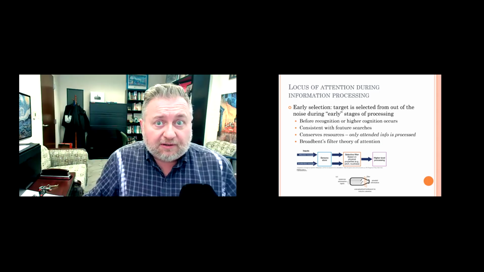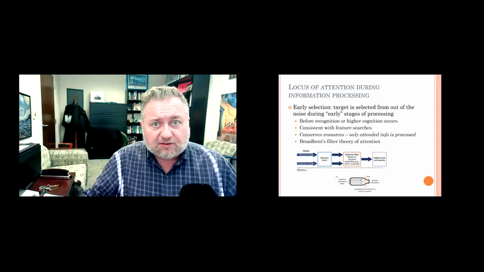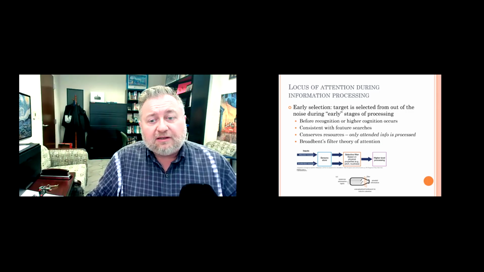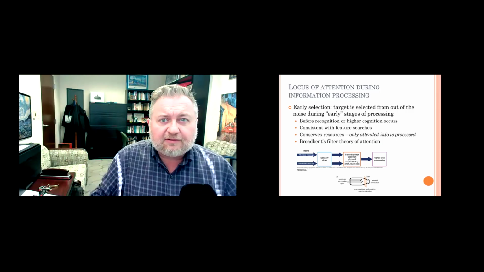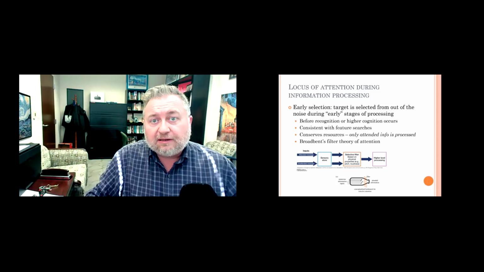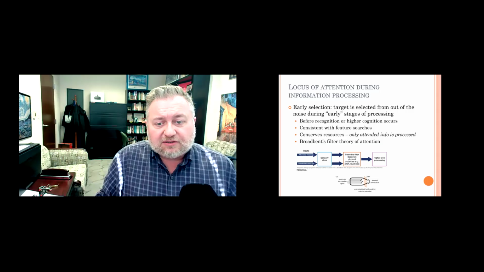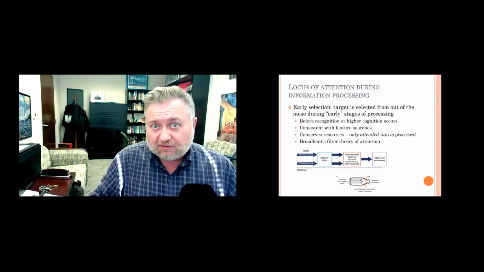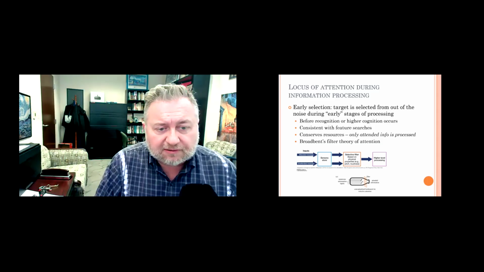Late selection, on the other hand, is a little different. Late selection would suggest that all of that information makes it into these more central processing centers. And that would mean then that attention only works to select the relevant from the irrelevant stuff after it's into our working memory and decision-making stages. And that would then suggest that even some of the information that we have decided is irrelevant is still being processed to some degree, and therefore we might be able to remember some things about it, right? And that's called late selection.